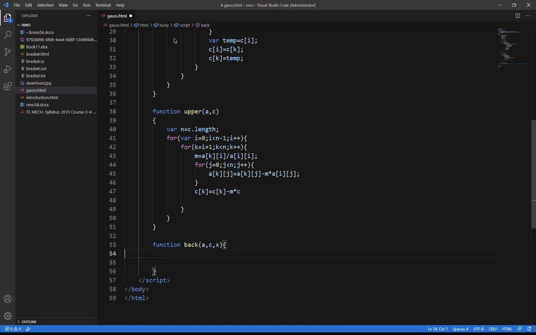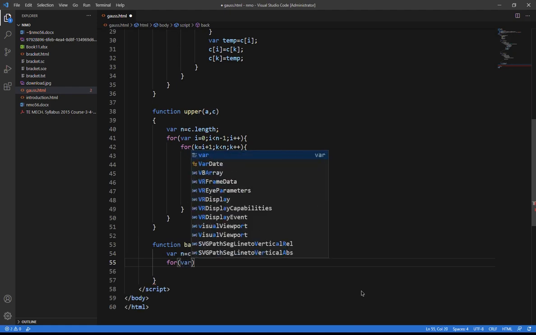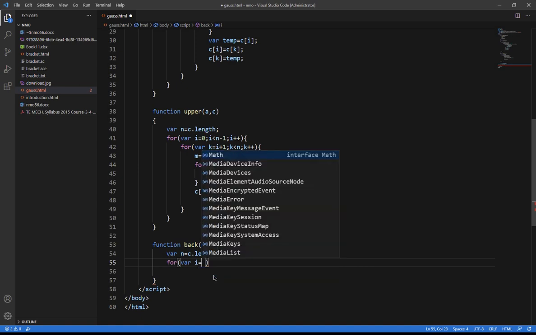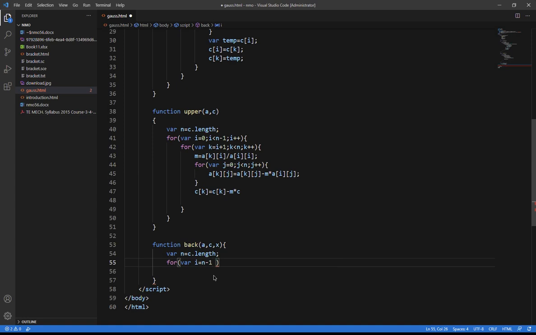Okay, so I'll need again this logic of number of equations, so I just put that logic here, and then for var, I use var because it just defines the variable. Wherever I miss out, you just keep adding that. So it's a good sign. Var i is equal to n minus 1. Okay, so that is the last row.